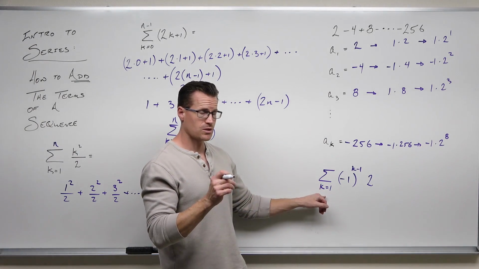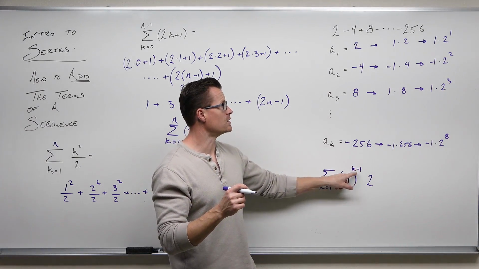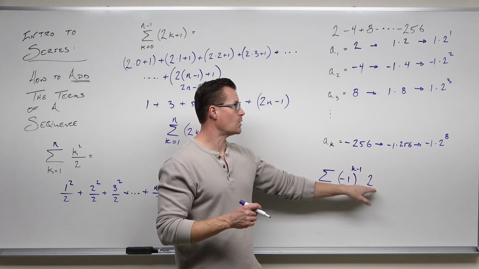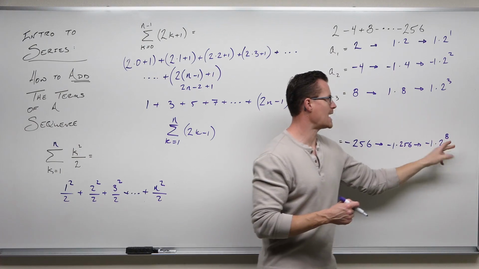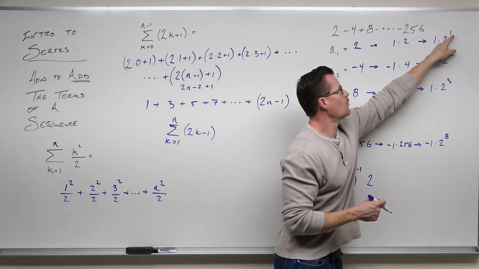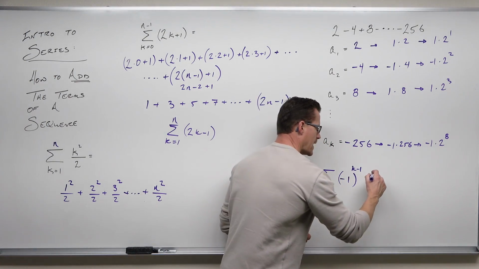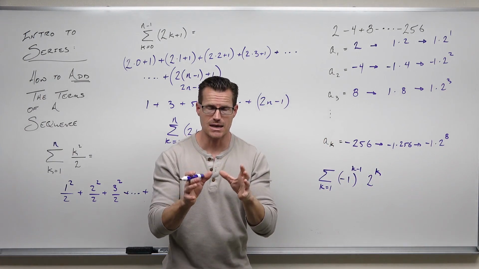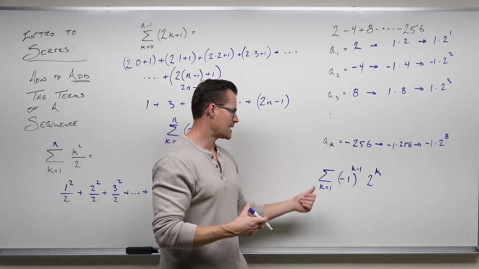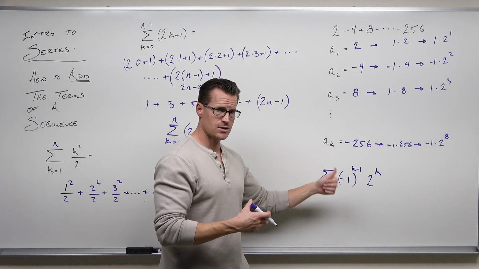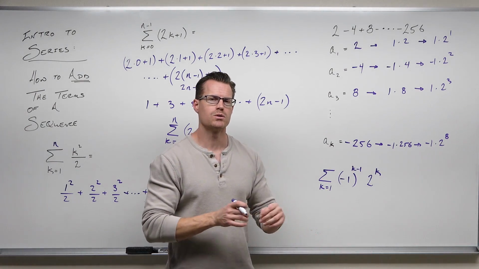So plugging in 1, let's just double check this. Negative 1 to the 1 minus 1, 1 minus 1, 0. Negative 1 to the 0 is 1. That works. I have a 2 in every single one of those terms. And now we relate the other part that's changing, 1, 2, 3, 8, back to my index. It appears that 1 and 1, 2 and 2, 3 and 3, my index is matching. And so this is going to match my index. Again, it's K, it's not N. You can't say that N equals 1, and then 2, and then 3, and then end at N. It's not correct form. You'd have too many N's floating in here. You use a different index, we call it K.